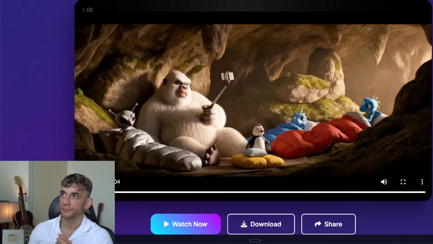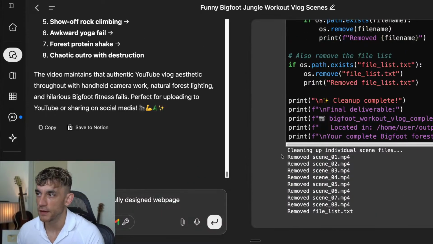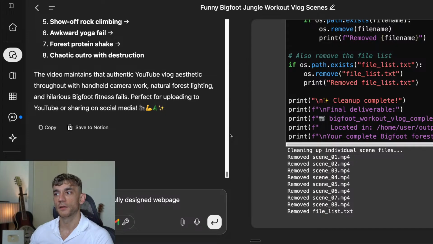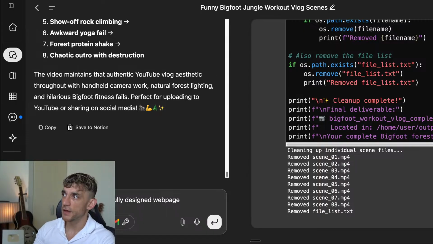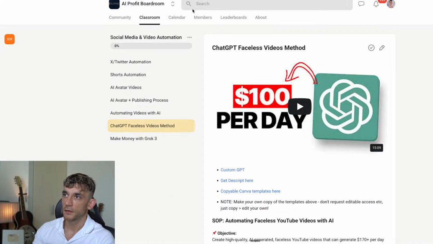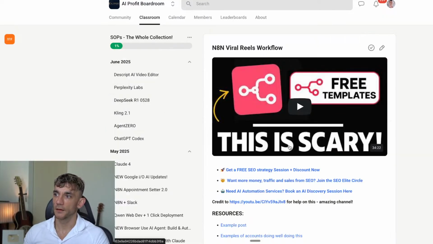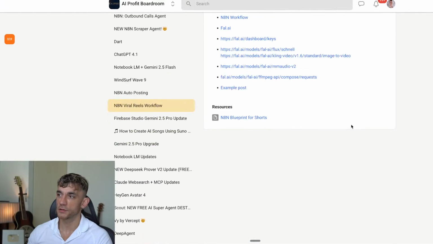So let's go back to this. Now, what you can see is it's actually using something called FFmpeg to stitch these files together. If you want to get an API for those, you can use FAL, and FAL has an API key where you can plug in all your clips together, the URLs, and then it will stitch them together. I actually have an n8n automation for that, for viral reels, like you can see, where you can stitch all the models together, stitch all the videos together with the n8n automation. It's pretty cool.